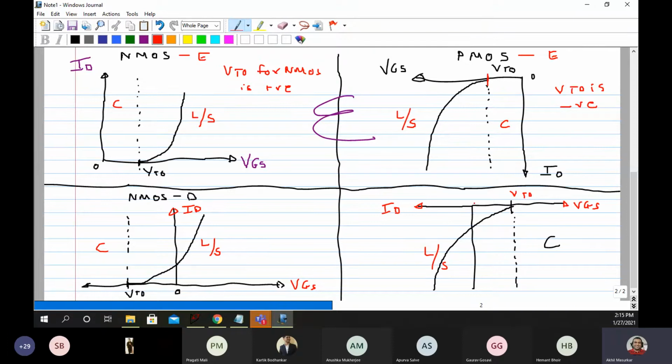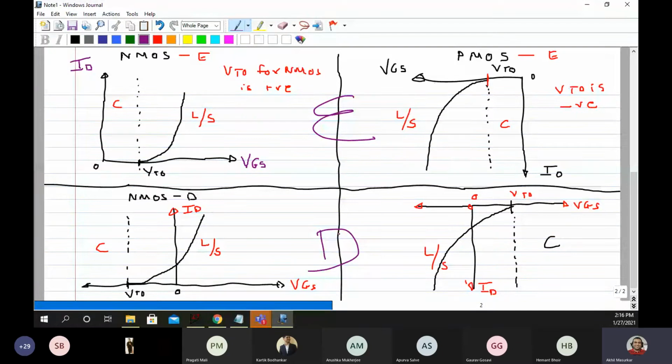This is my VGS. This is 0. Sorry, this is not ID. Here we have ID. So please note the difference.